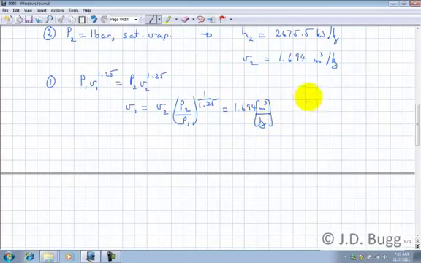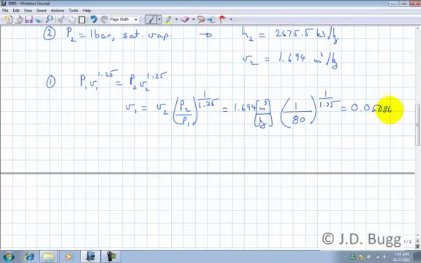The pressure ratio is 1 bar at the exit and 80 bar at the inlet. So all of this gives us a specific volume at the inlet of 0.050868 meters cubed per kilogram. So now we have two properties at the inlet, P1 and V1. So at P1 equal 80 bar and V1 equals 0.050868